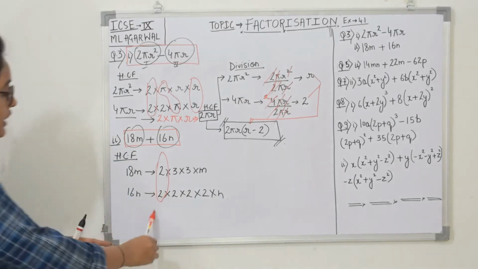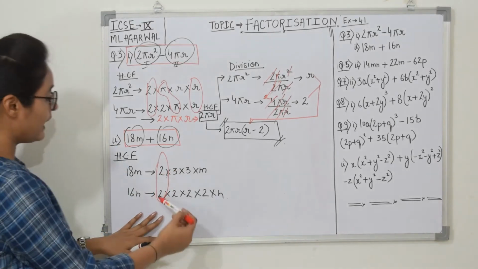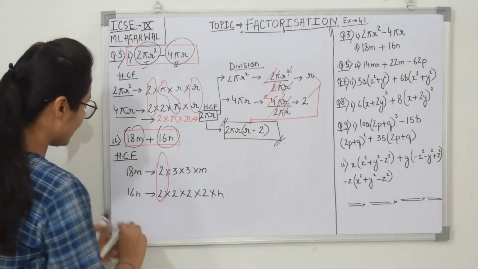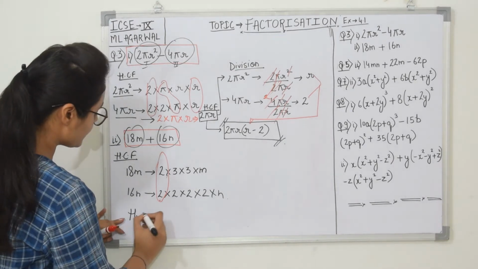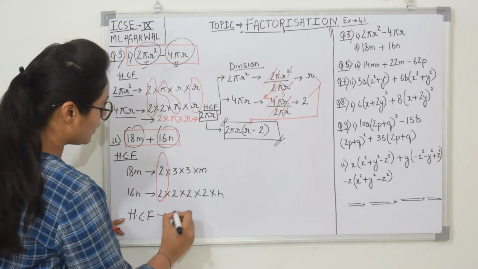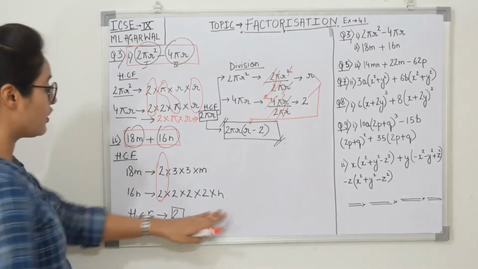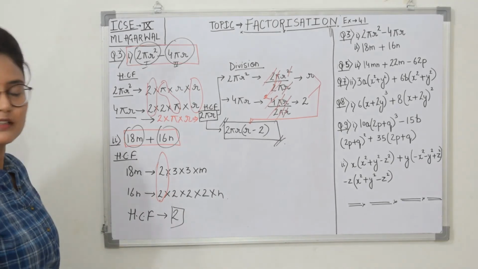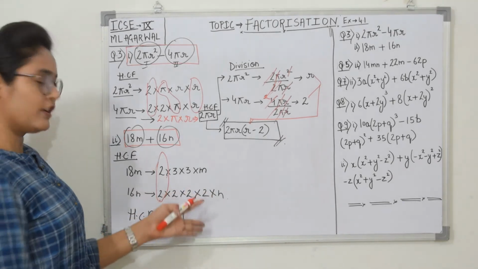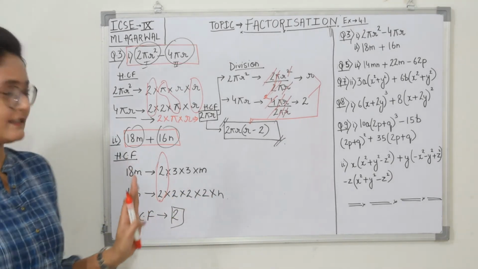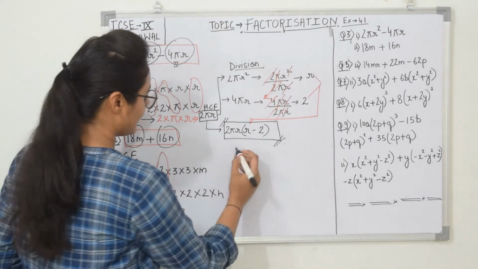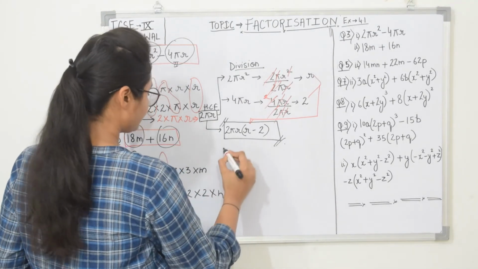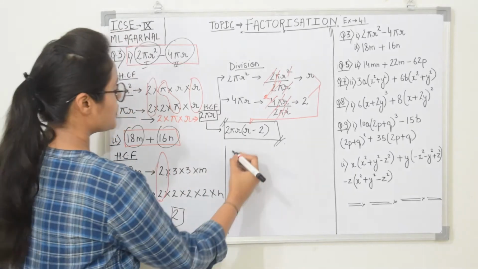Okay. So see, 2 and 2 is common here. So the HCF within this particular question which you have got here is only 2. Now we are not having variables in common. Then let it be, it doesn't matter. If you are not having them in common, just leave them as they are. Okay. Just move to the second step. Our second step was division. Division we will be doing.